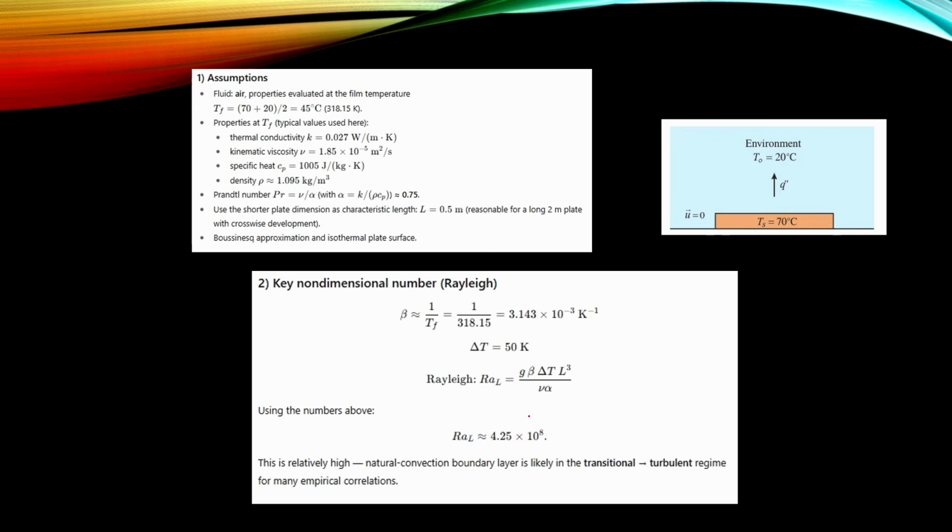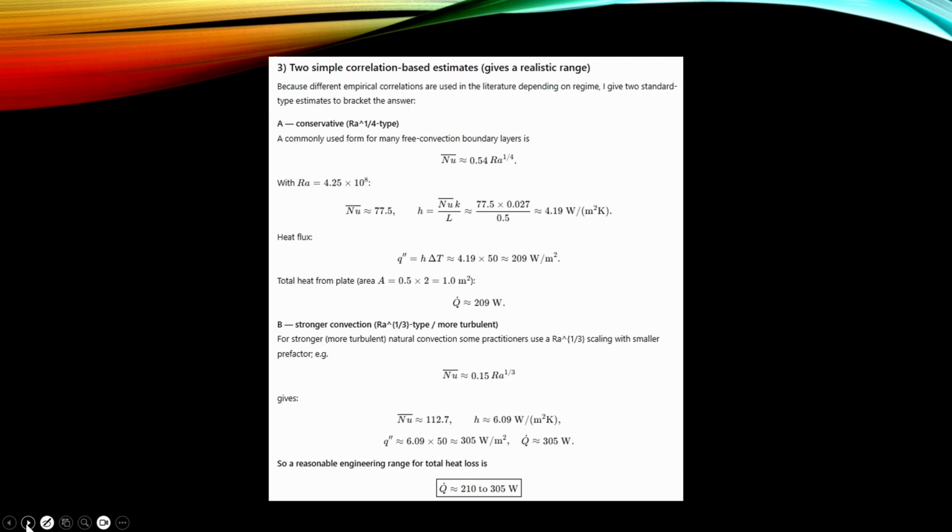And now this Rayleigh number is at a level so that this case is not laminar anymore, but it's not fully turbulent. So we are in a transition zone,